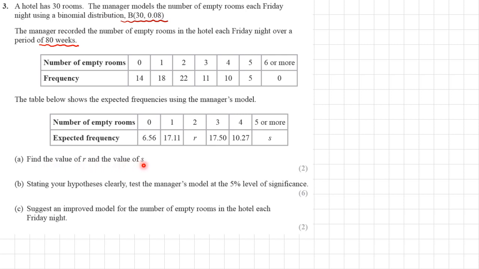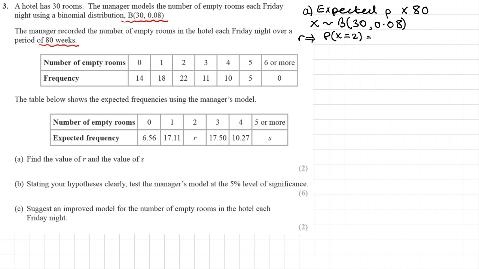Part A, find the value of R and the value of S. Okay, now for both of these values here, we need to work out the expected probability and then times that by 80, because basically he's taken a sample over 80 weeks. So first thing we want to do, let's start with 2 empty rooms, find the expected probability. So we've got a binomial model, 30 and 0.08, and for R we want to find the probability that X is equal to 2, that there were 2 empty rooms, and that is 0.2696. Then we times that by 80, and that gives us a value of R as